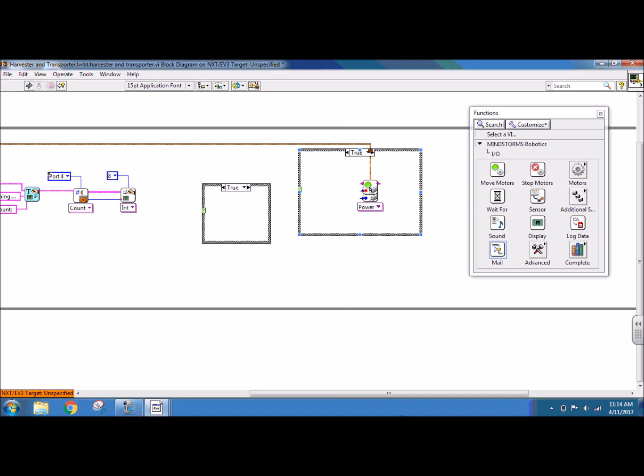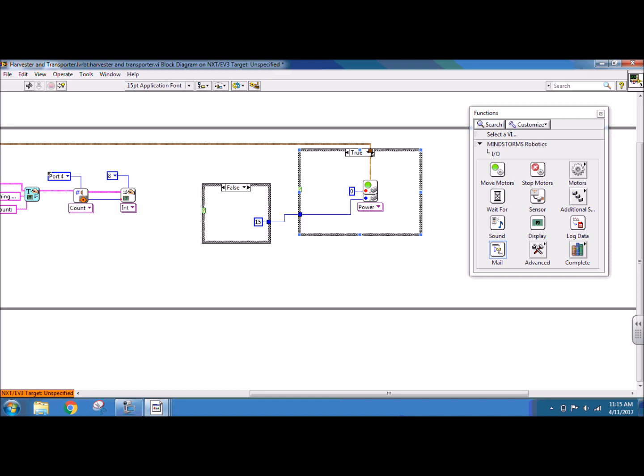Now I need to give my motor some power. So my red motor, I'm going to create a constant of 0. And my blue motor, I'm going to create a constant of 15. But I want to have that be able to switch and share with my other structure. So I'm going to go ahead and drag the 15 into the other case structure and reconnect my wire. Now the reason that this blue dot is open is because there's nothing in the false case at that dot also. So I'm going to create a constant at that open dot, and I'm going to have that also be a power of